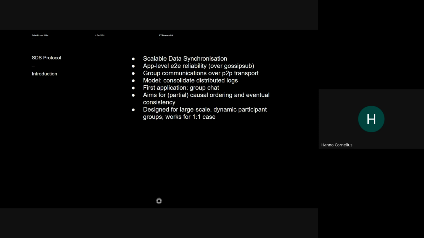And if you have a reliability protocol that works for large group communications, in theory, it should also work for a more simple case, like a one-on-one chat scenario, because a one-on-one chat is just a special case of a group chat with only 2 participants, right? So that is the mindset with which we have approached the SDS protocol design.